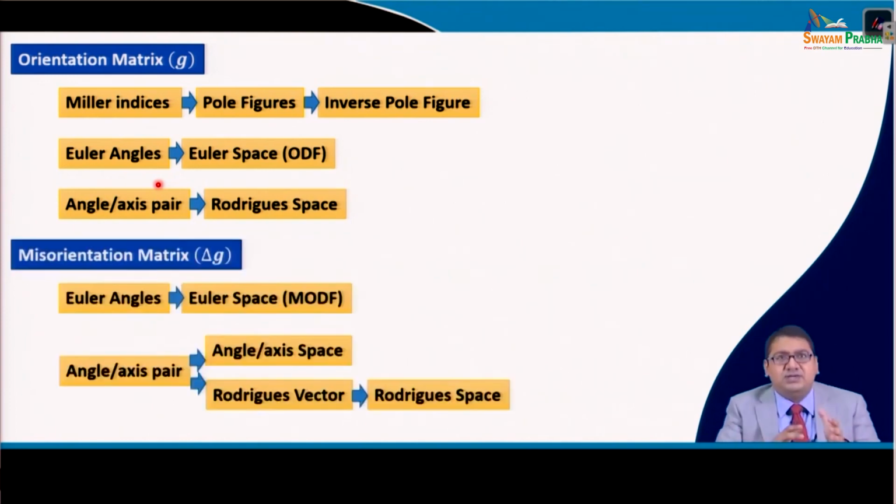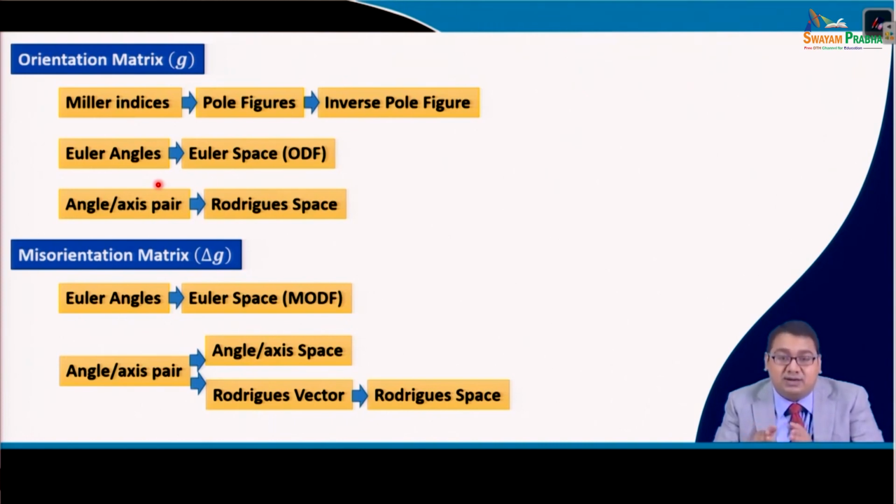We have also seen the misorientation matrix, that is delta G, which is analogous to the orientation matrix. The orientation matrix is the relationship between the sample coordinate system and the crystal coordinate system, whereas delta G is the relationship between two adjacent crystal coordinate systems. For example, in a polycrystalline material, if there are different grains, the misorientation relationship between the two grains